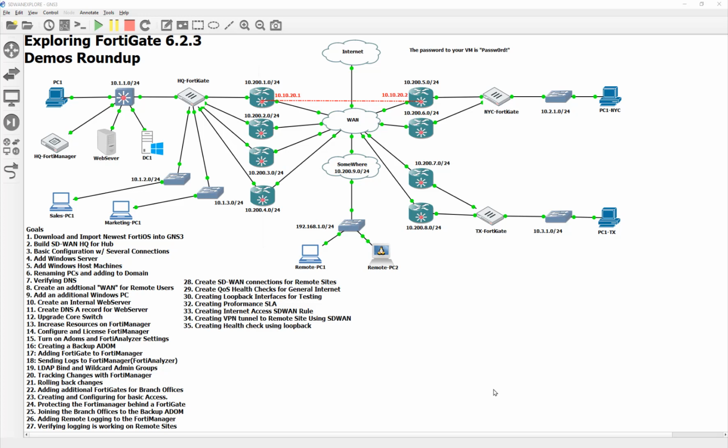Let's do a video. So in the last video, we created a basic internet access SD-WAN rule and some performance SLAs, so it would always take the best path. The reason we did that is because there is an implicit load balancing algorithm that sits at the bottom of the SD-WAN. So as you throw interfaces into it, if you don't define the rules, it falls right through and gets load balanced. The FortiGates have been doing this for a while now. It's called equal cost multipath WAN load balancing,